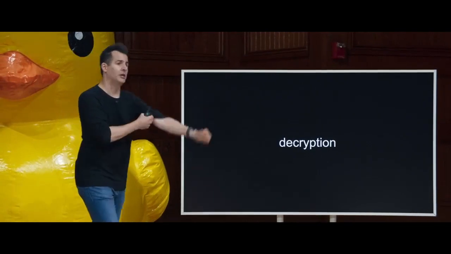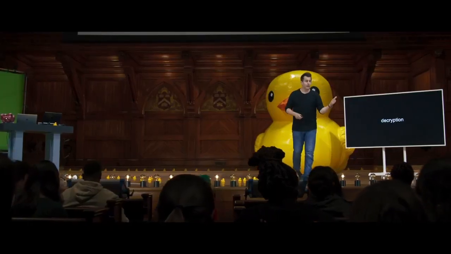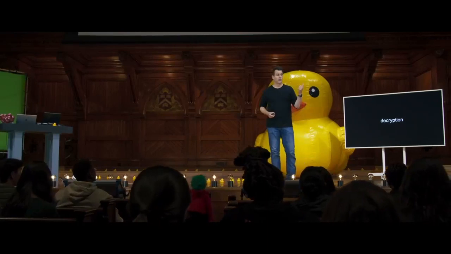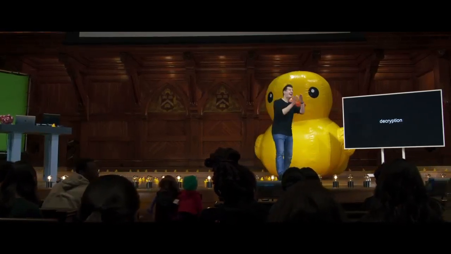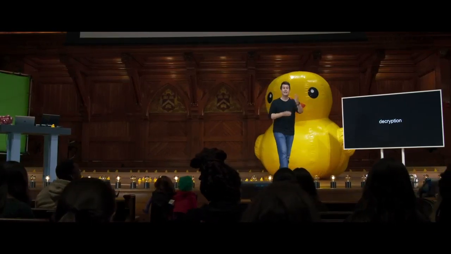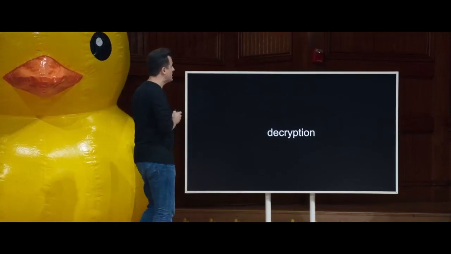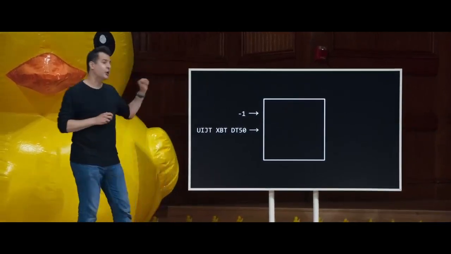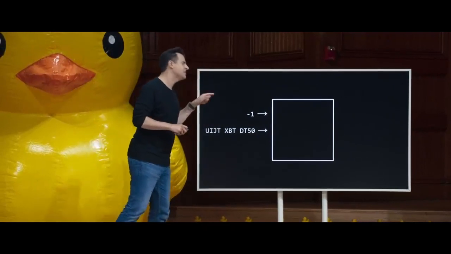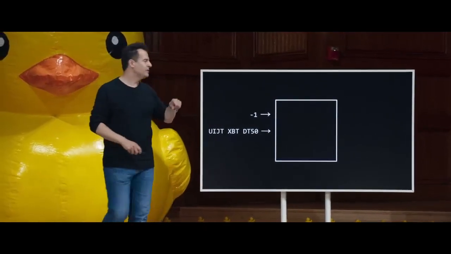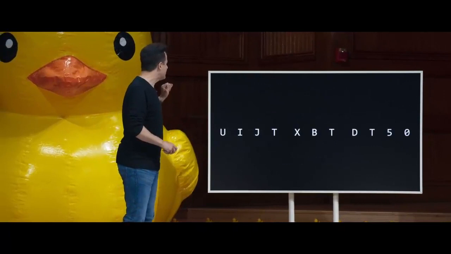As for decryption, if I'm using a key of 1, how do I reverse the process? Yeah, so I just minus 1. So B becomes A, C becomes B, A becomes Z. And if it's 13, I subtract 13 instead, or whatever the key is, so long as sender and receiver actually know it. So in this case here, this is actually the message with which we began class. If we have this message here, and I used a key of 1 to encrypt it, well, decrypting it might involve doing something like this.